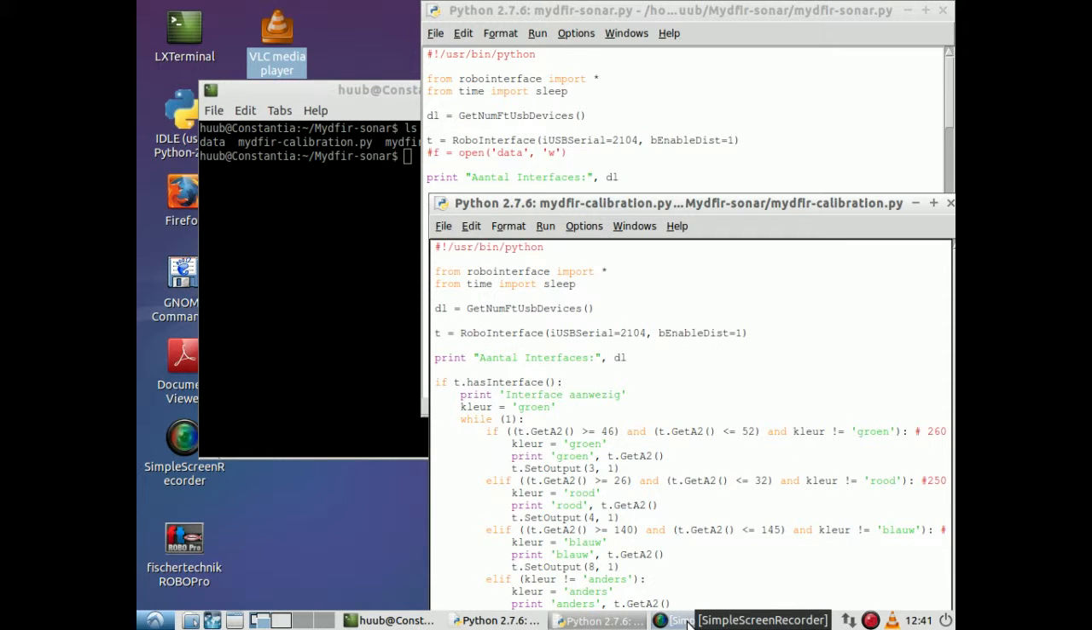Welcome to another video of my Mydfir driving robot of fischertechnik. It has sonar, line detection and color recognition. And so far I have been